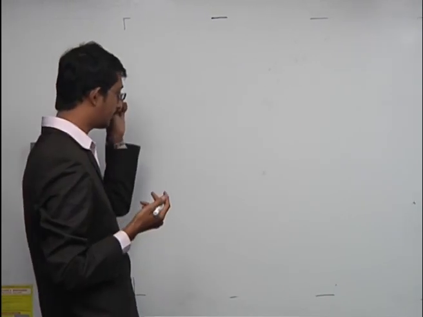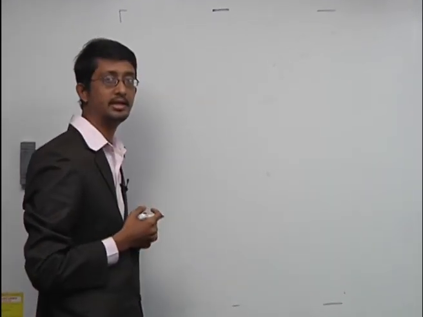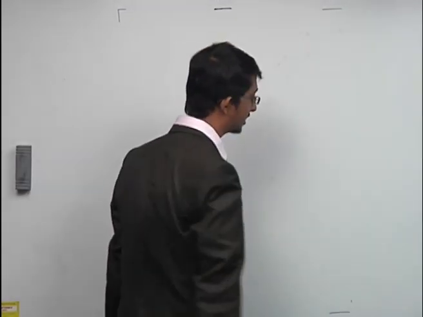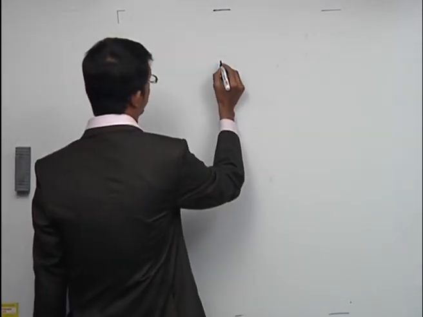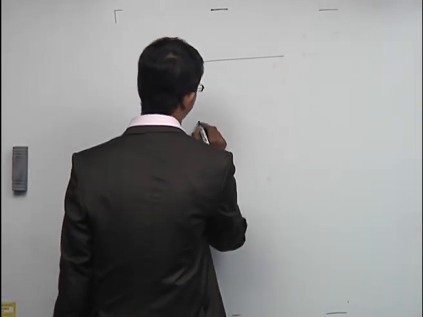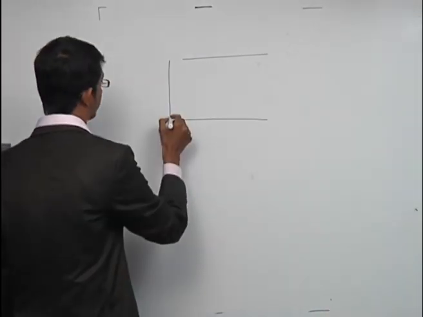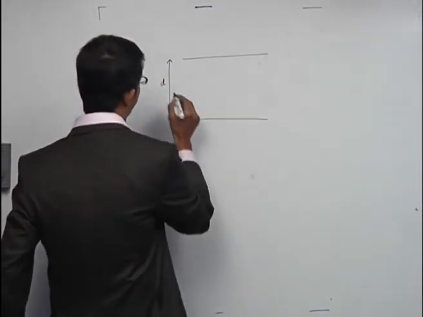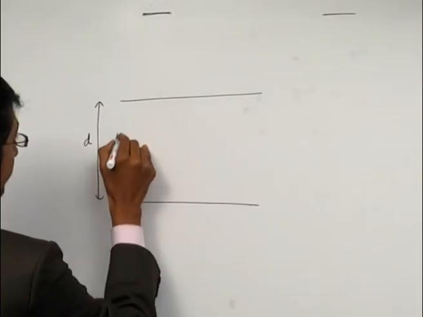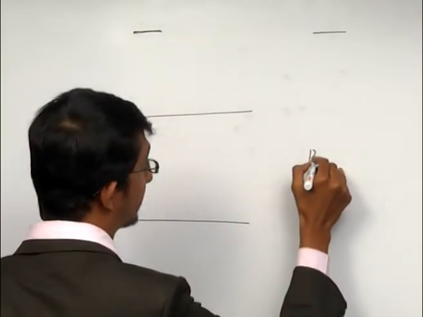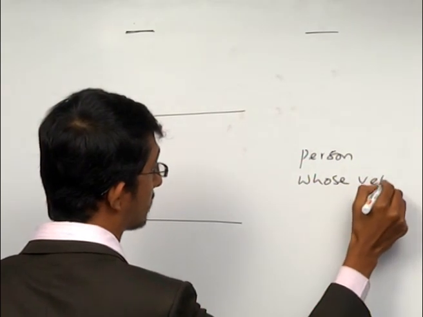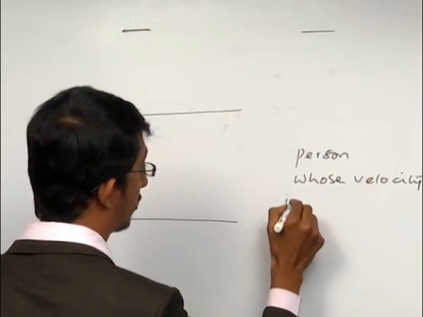So the next couple of problems which I am going to do are really involved, and hopefully they'll help you understand this topic better. So the first problem is, I have a river whose width is d and the river's velocity is u. There is a person whose velocity in still water